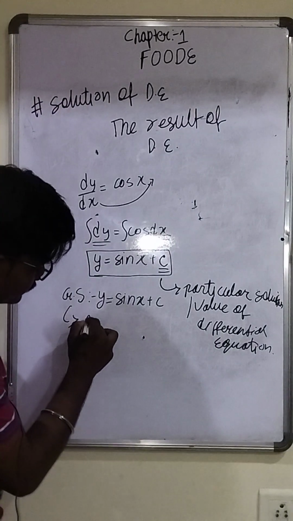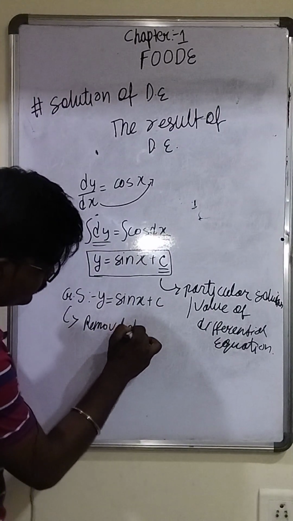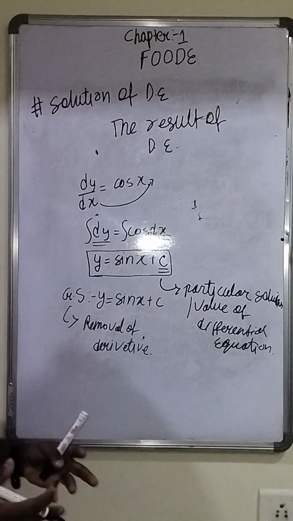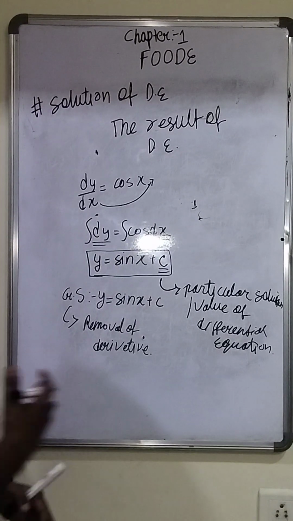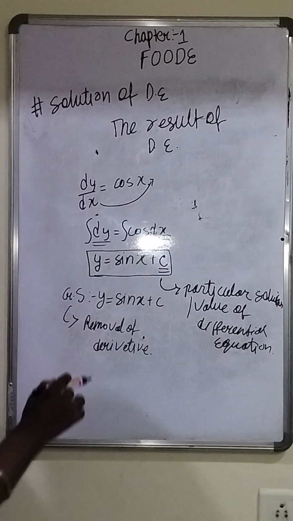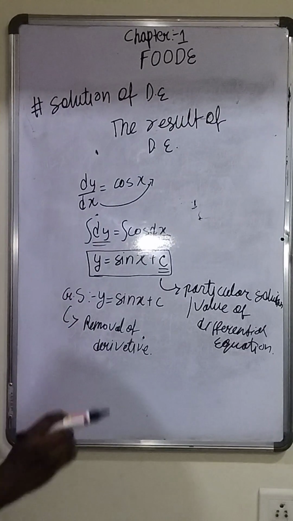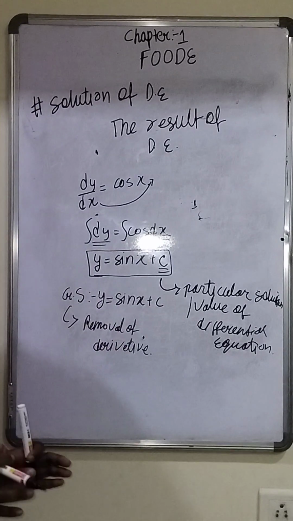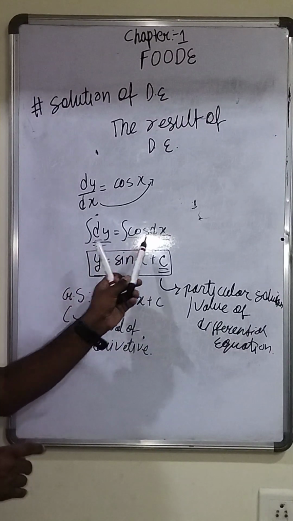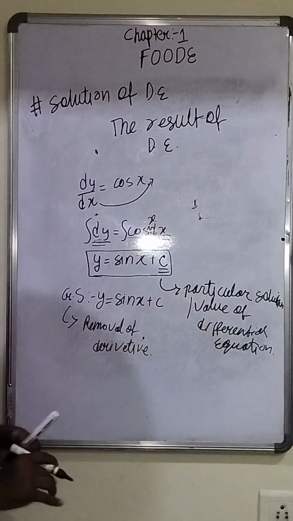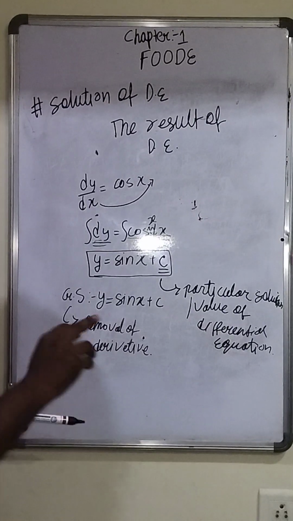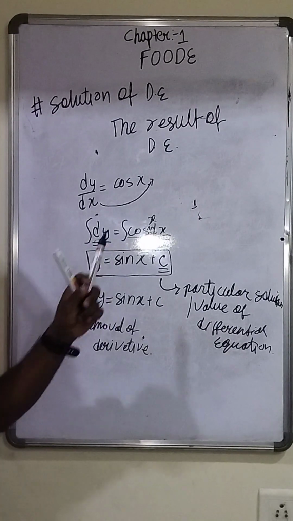I am saying this in my own words. In the book it is written differently, but we can generally say that the general solution is known as the removal of the derivative sign or integration sign from that question. So we have removed this derivative sign with y, and this cos x will be sin x, not a minus sign, because in derivatives we got a minus sign, so in integration this will be the reverse. So it will be sin x plus c.